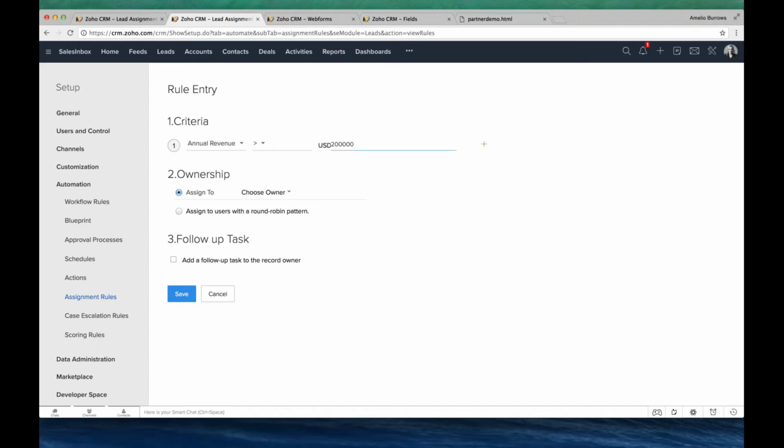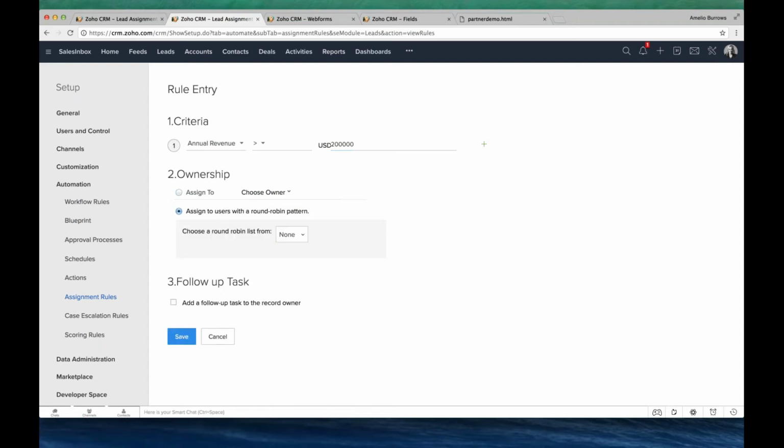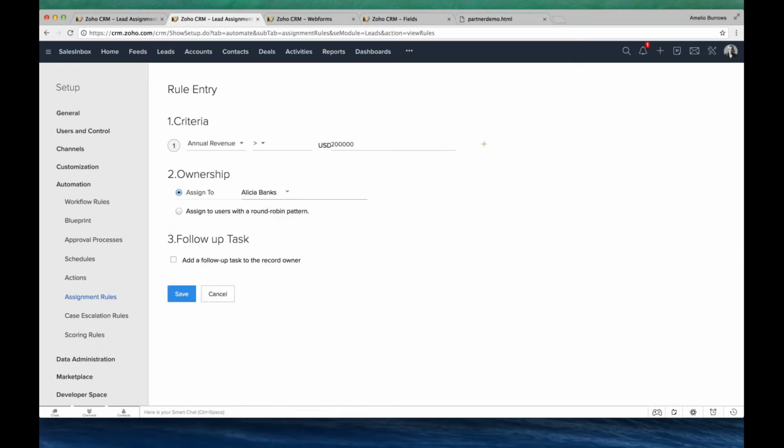Okay. So now any lead which comes inside, which has this much amount of annual revenue, you can assign the ownership based upon your discretion. For me, if I want to assign based on the round robin, I can do it, or I can just choose a particular user and I can do it. And then if you want to add a follow-up for that particular owner, you can do that.